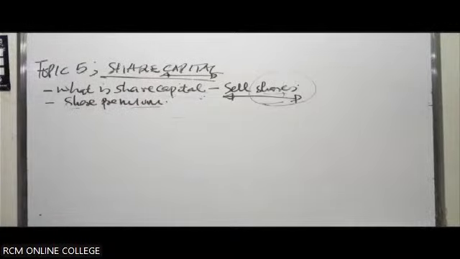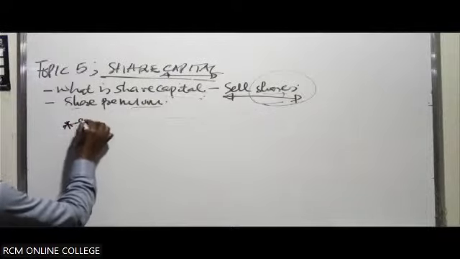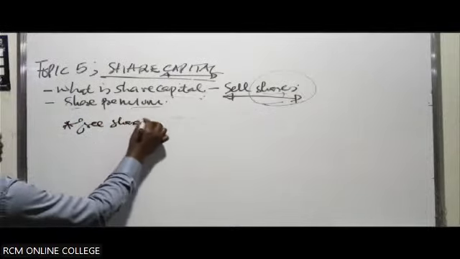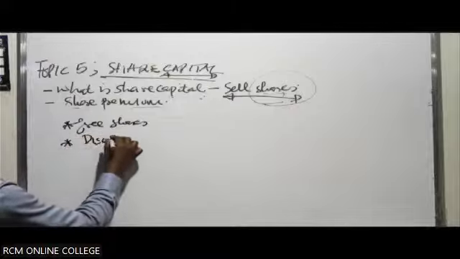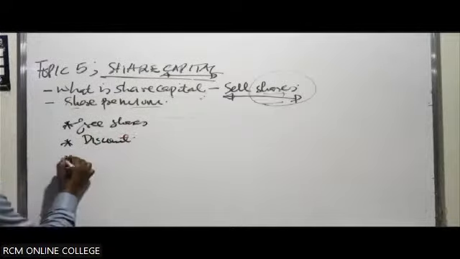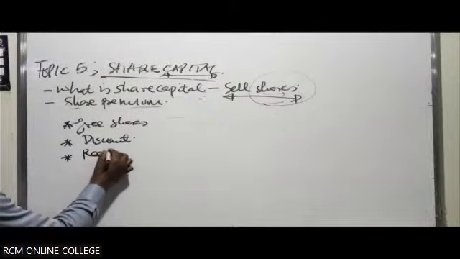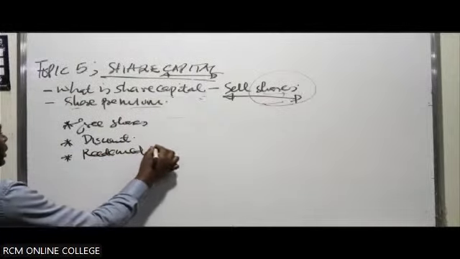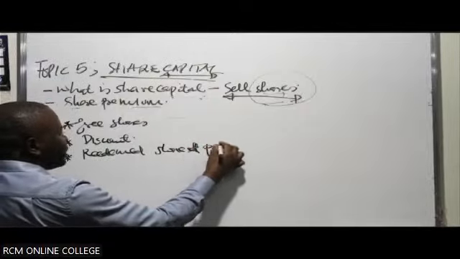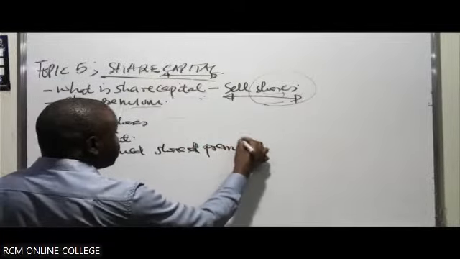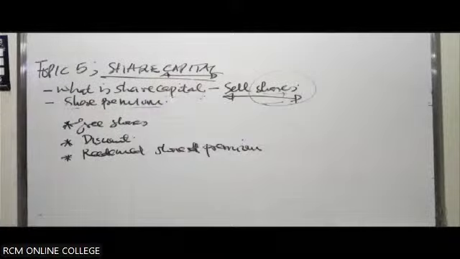You must always be able to realize the true value of the share capital of the company. So maybe you have issued out some free shares. Maybe there could be some shares which you've issued at a discount. Maybe you've redeemed some shares at a premium. Remember redemption of shares at a premium? Or in this case, you've forgotten? You have to remember we talked about it.